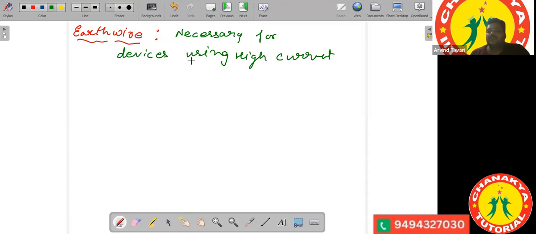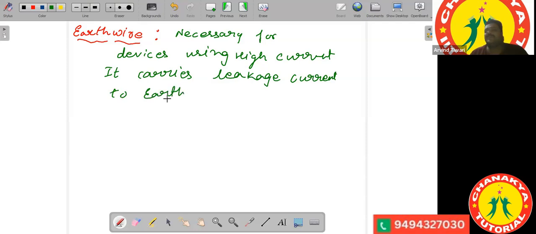Okay. So what is the use of earth wire? It carries the leakage current to earth. We will see what is the leakage current. So what is leakage current? Suppose you are using an electric iron. Okay. So if you see an electric iron, it's something like this. Okay. So the body of the electric iron,